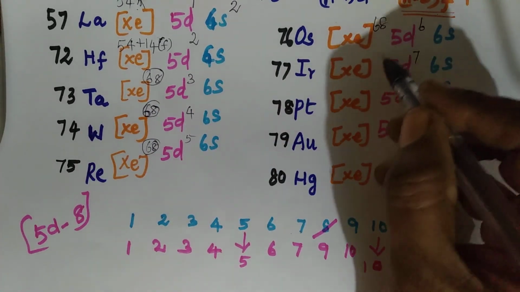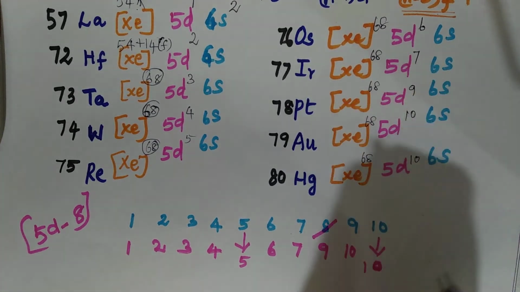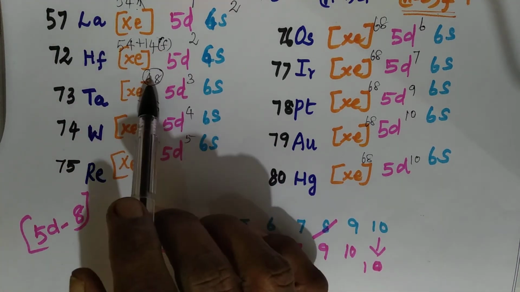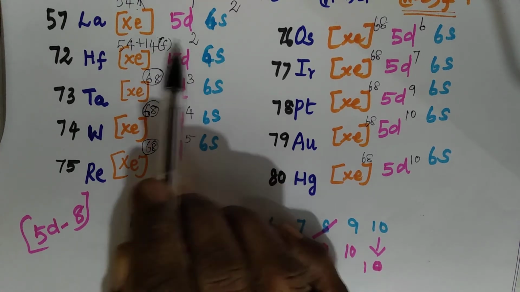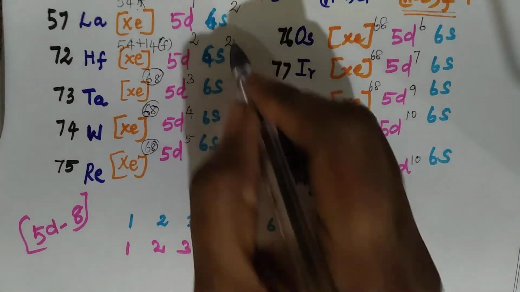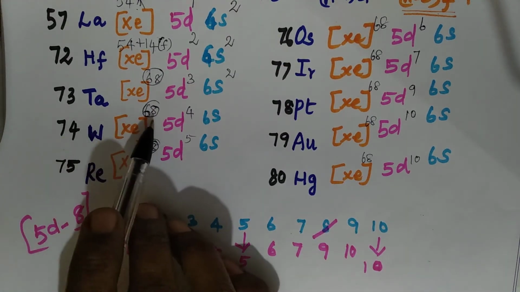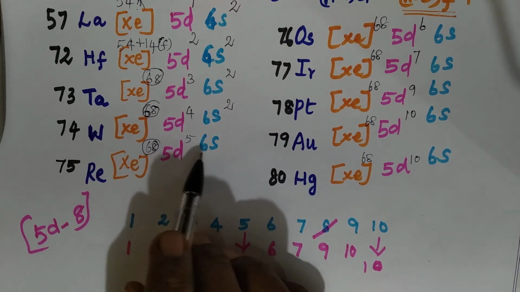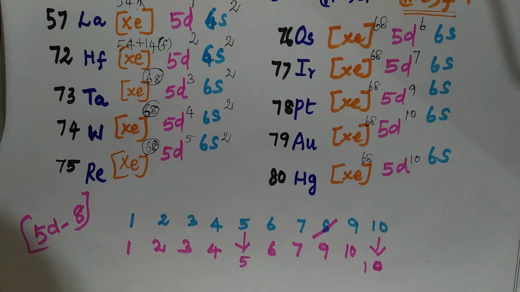Now xenon is not 68. You are adding up to xenon 14 more electrons from F shell. Okay, so that's the reason 68. To make it easy, I am just writing 68. 54 plus 14, it is 68, right? 68 plus 2, 70. 72 minus 70 is 2. Then 73 minus 71, 2 again. 74 minus 68 plus 4, 72, again 2. 68 plus 5, it is 73. 75 minus, again 2. Okay, so for all that, going with the same number, that is the reason you are getting the 2 electrons.